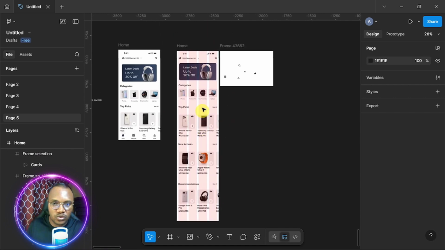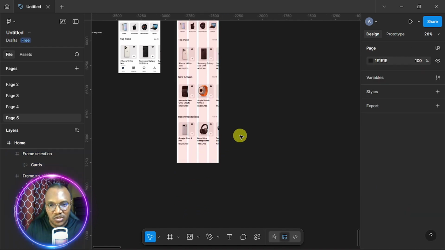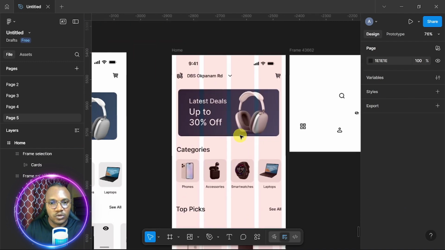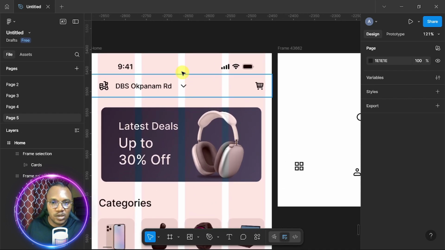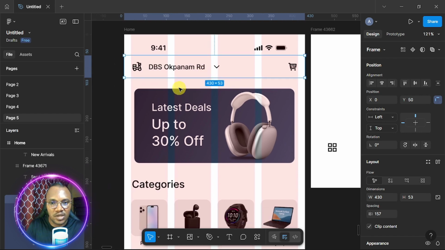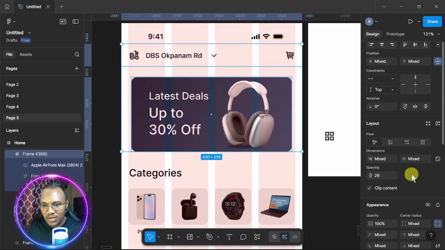So what you will now do next is you click on the overall frame. I'm now going to increase the size a little, then I will start arranging. So now I'll come to the top and arrange it properly. I'll make sure this is well aligned. You see that red line, it means it's there. And the spacing,